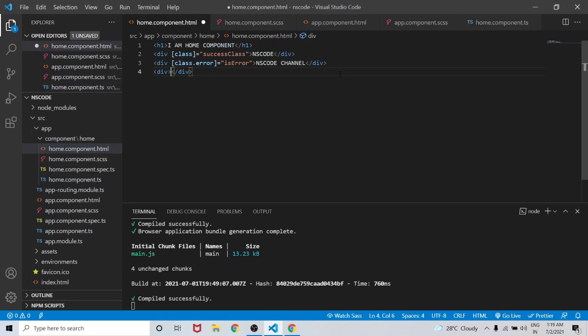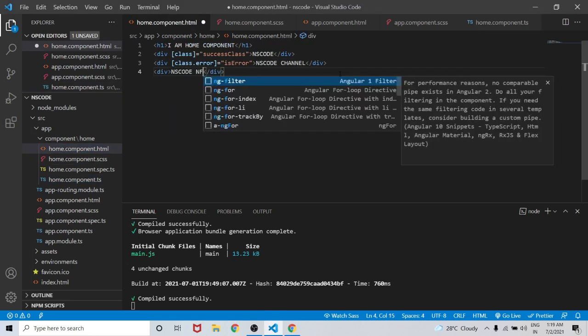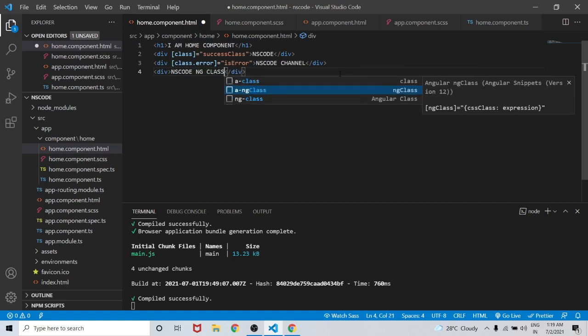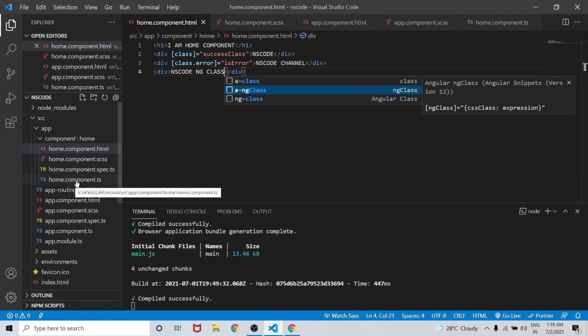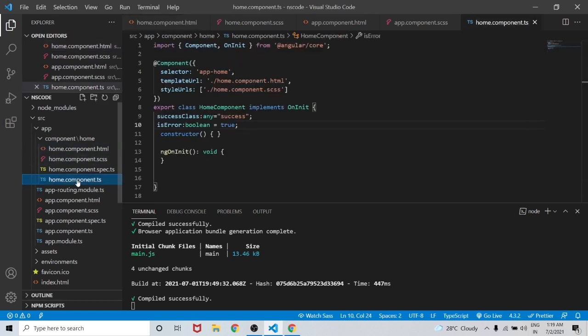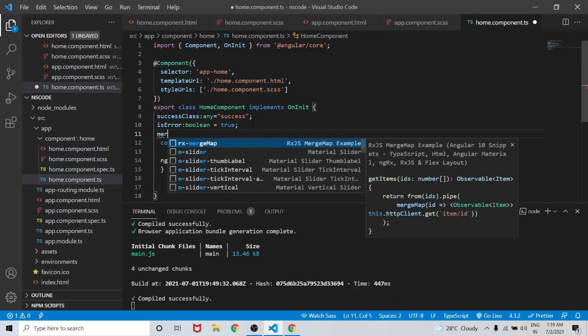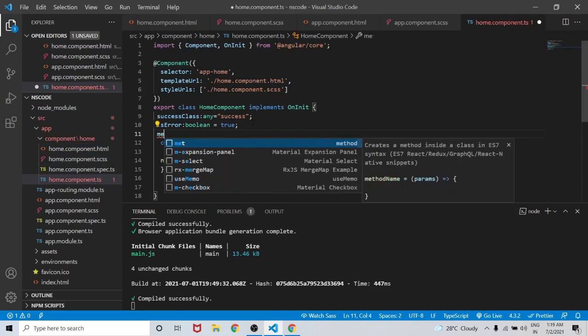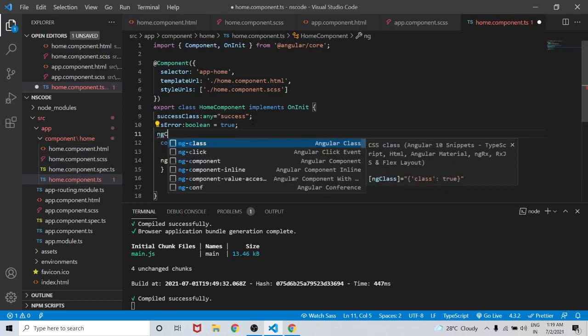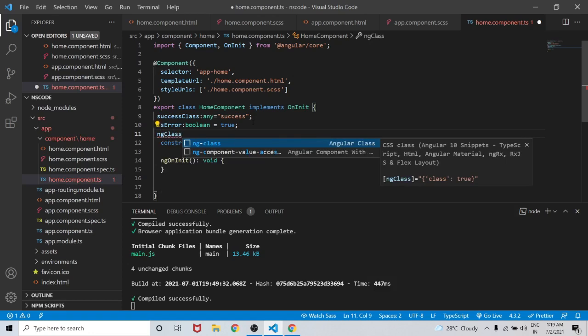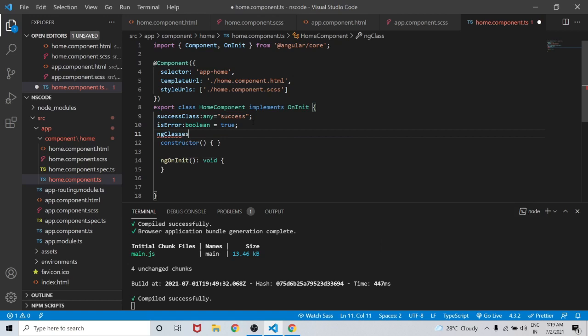Let's make another div with text NS code ng class. In home.component.ts, let's create an object ng classes having some key value pairs. So the key will be of the name class and the value will be either true or false.